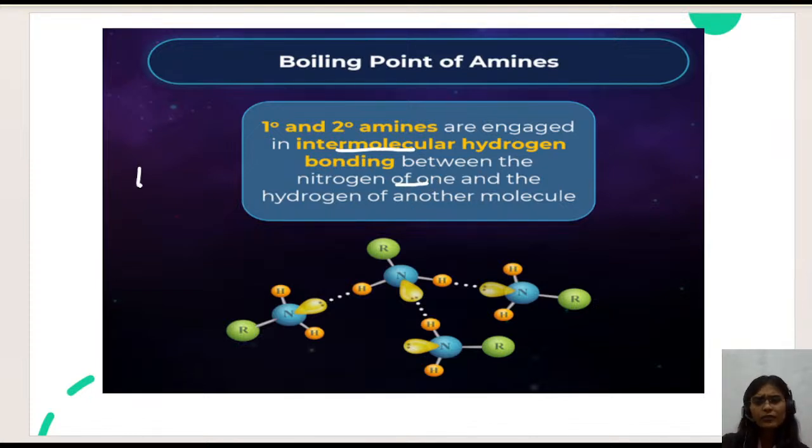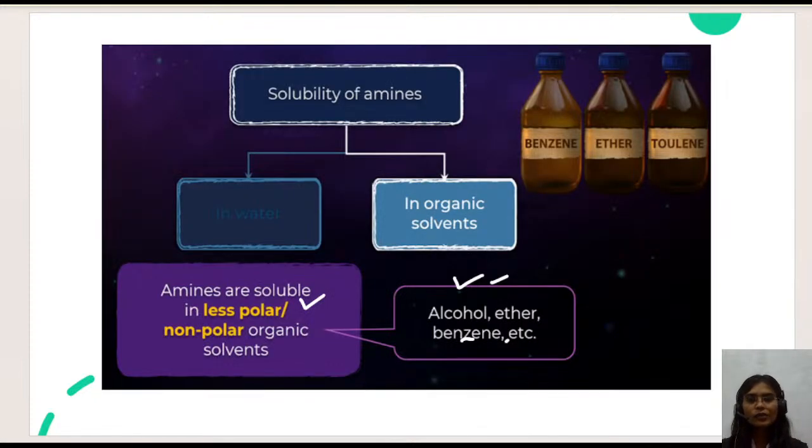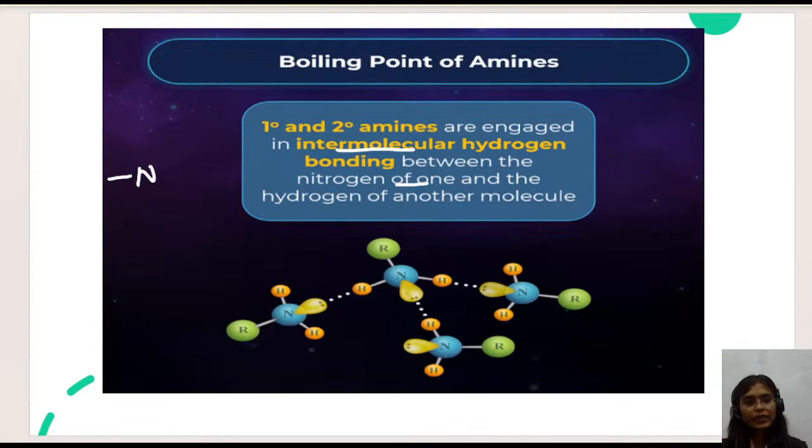For example, suppose this is nitrogen, this is some hydrogen, this is some R, this is some R, and it is participating in hydrogen bonding with a different nitrogen there. So it's an intermolecular type of hydrogen bonding, right? So this is back again. As written on the slide, intermolecular hydrogen bonding between the nitrogen of one atom and the